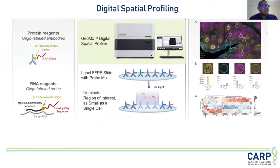So one way to do this is to digitally spatially profile the tissue. What this technology allows you to do is use antibodies bound to UV photocleavable linkers, and when a UV light is shone above these regions of interest, it liberates the signal from that region. So you actually get a digital count at the RNA level. You can do about 1800 plex RNA, or at the protein level, about 100 markers spatially. And you do get a whole slide overview. So without destroying the tissue, you're able to profile the tumor microenvironment at a greater depth than has been previously possible. This technology is called NanoString DSP, and it's a really exciting technology that we've recently